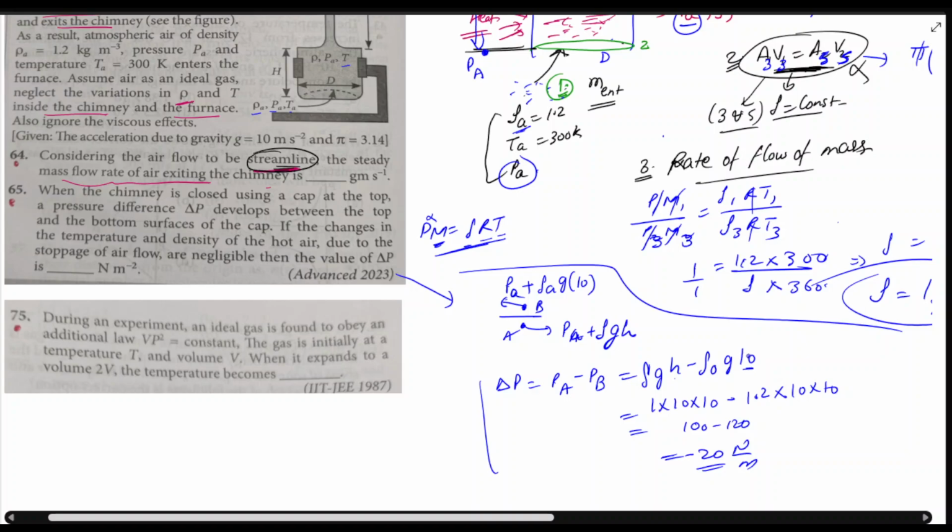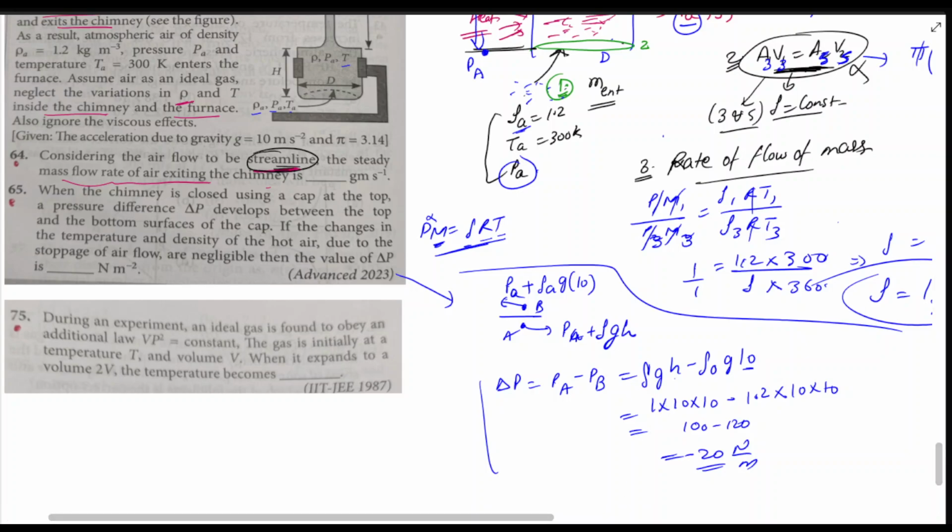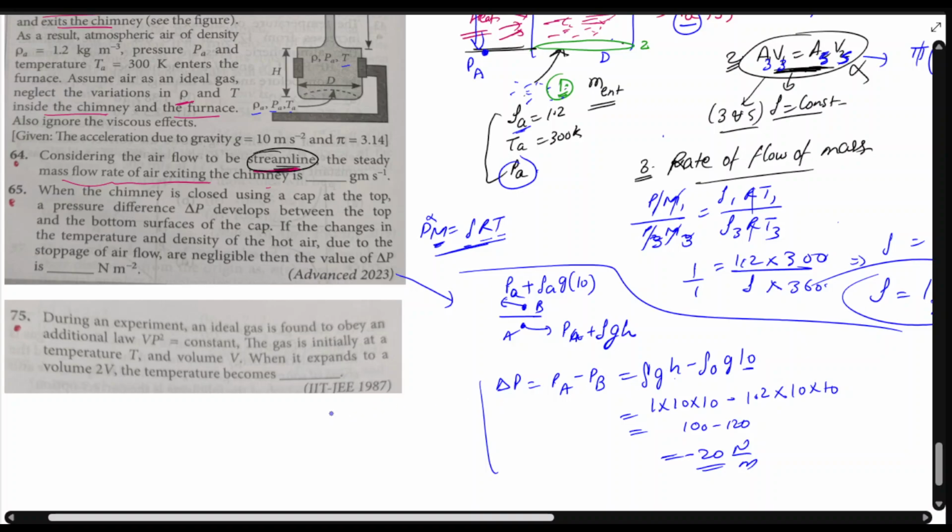So if you put 9 here, then if I solve it using the JEE solution, this will be 1 into 10 into 9. So this will be 9 minus,